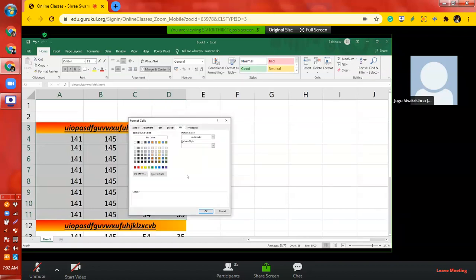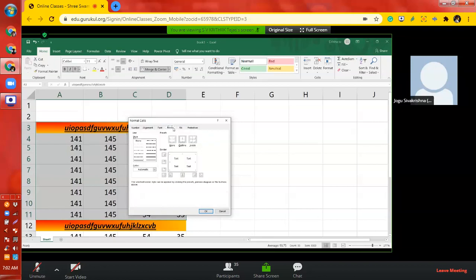Yeah, you can select borders over there, on the top. Yes, and here you can see there are 4 options: line, color, preset and borders. See here, you can take any color among them, any line, any style. Generally for this we will take only this, which is taken now.